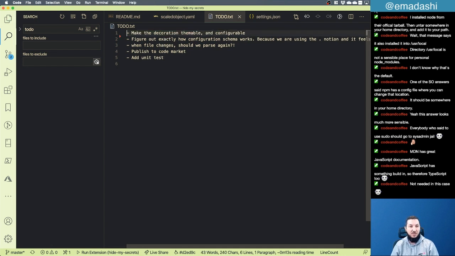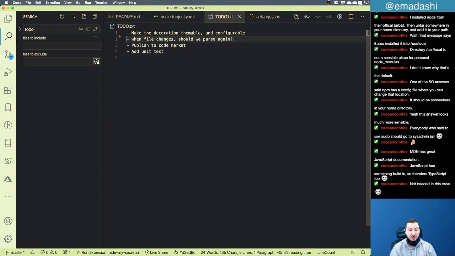Save. Make the decoration themable and configurable. Alright. This is the second one. Is it more important than figuring out exactly how the configuration schema works? Or is it more important than when the file changes, should we parse again? I think the configurable is more important, because it's also, if you noticed,